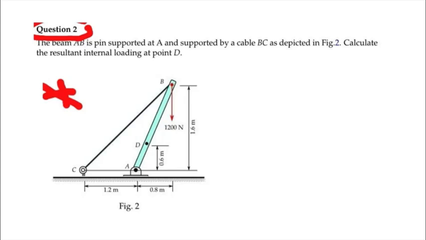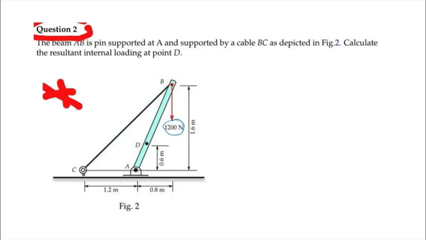It's pin joined at A, and there's another pin at B because we need to apply the external load 1200 newtons through a pin which is connected at point B, and also the cable BC is connected through